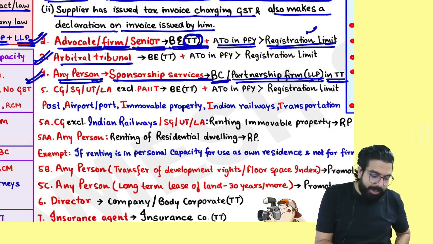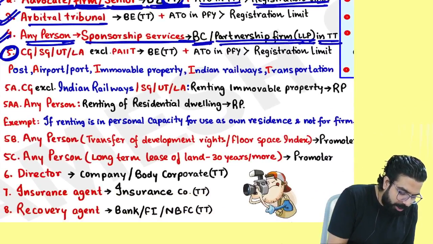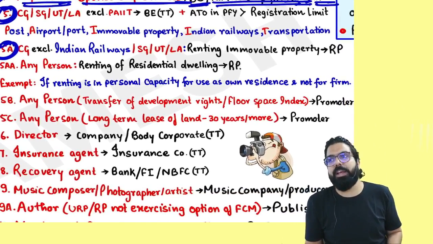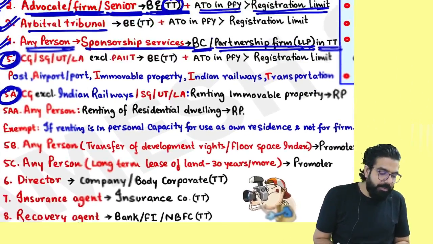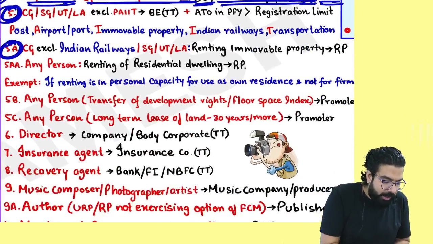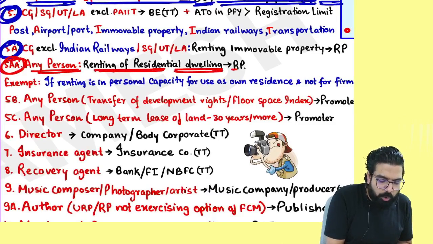The next one over here is, listen carefully. The next one is government. Can you see over here, government? These two entries, I'm not teaching you now. I'll teach you when I'm teaching you government ka exemption. Along with exemption, I'll teach you 5 and 5A with whom everyone? Government ka exemption.